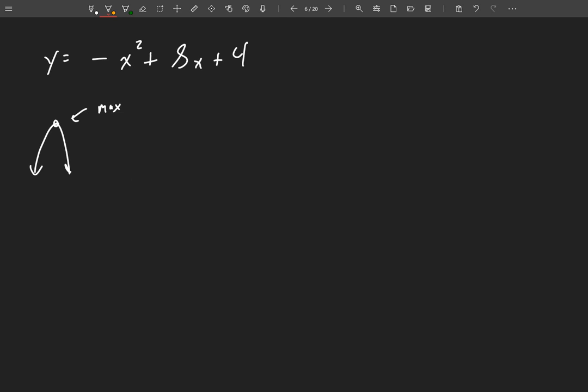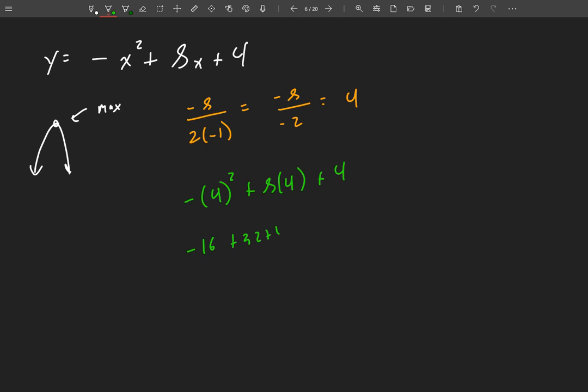So the vertex is going to be negative b over 2a. It's negative 8 over 2 times a, which is negative 1. I'm going through this quickly because I'm assuming that you've already done these calculations. Negative 8 over negative 2, which gives me positive 4. So what do I do with that positive 4? I plug it back in. So this is negative. 4 is the only thing squared here. Plus 8 times 4 plus 16. Oh, sorry, plus 4. This is negative 16 plus 32 plus 4, which is going to be 16 plus 4,